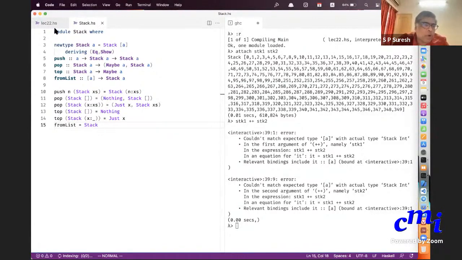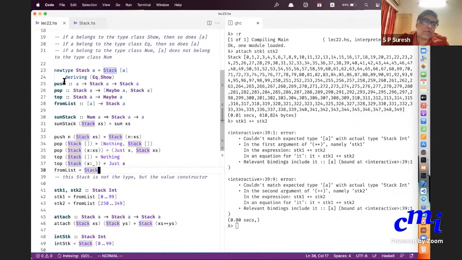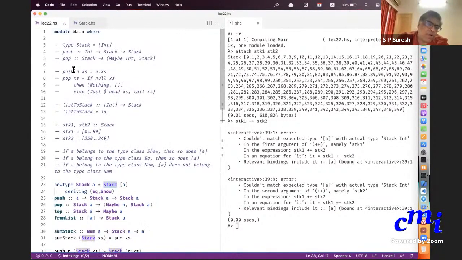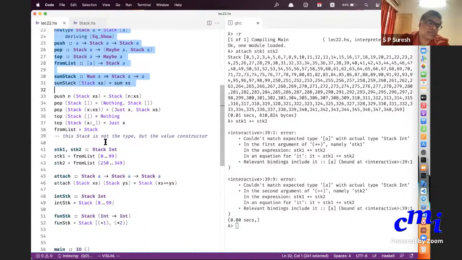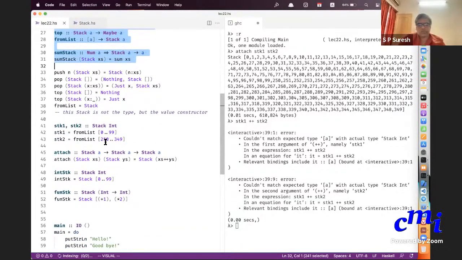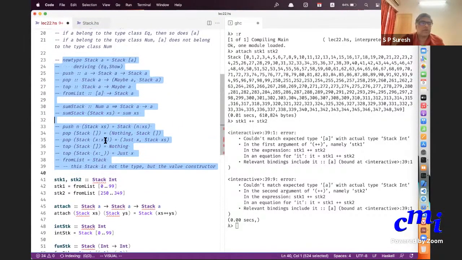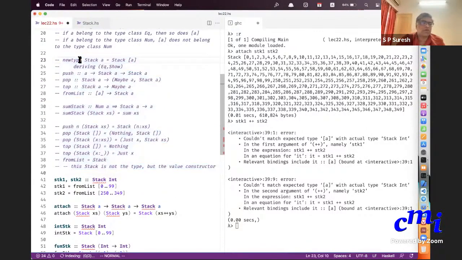Now, what do we do in the main code? In the main code, this is what will typically happen. Let me comment out all this. I can actually remove all this.